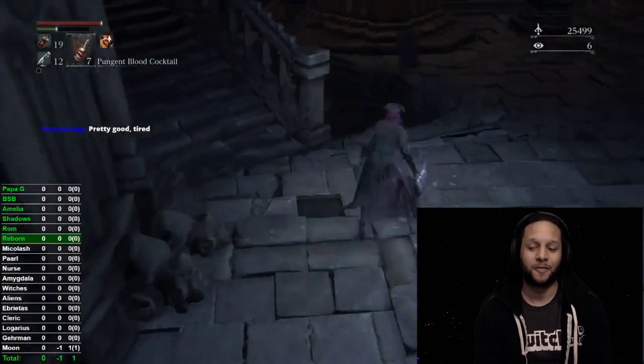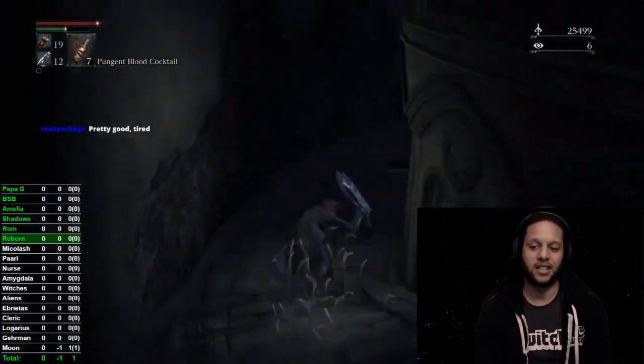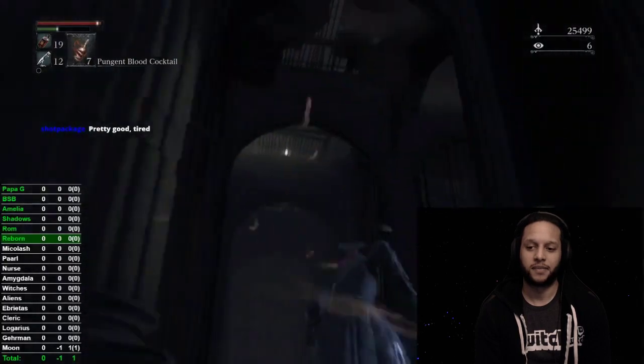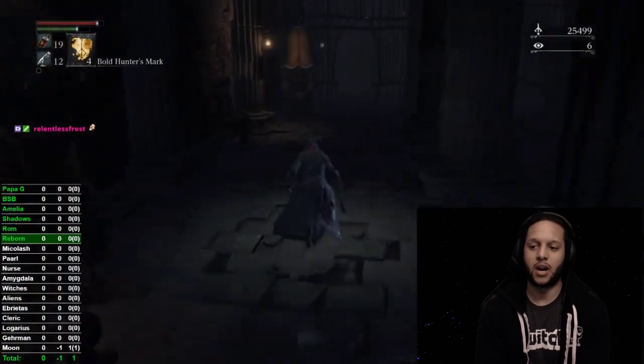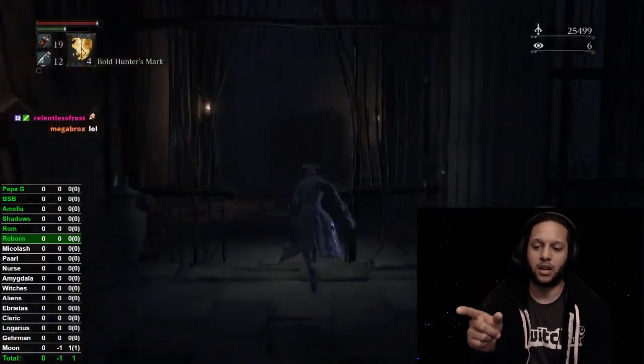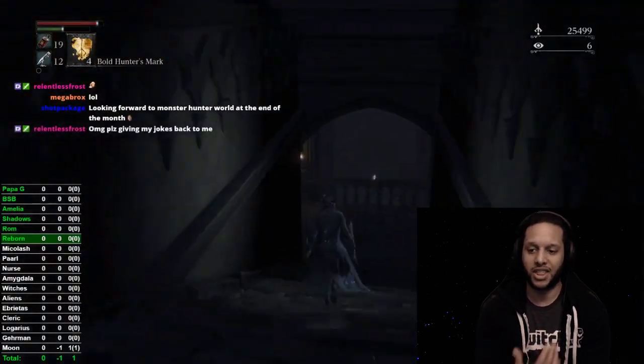So basically, you don't have to use the elixir to get the key because on the any percent, you're not going to get. Yeah, you're not getting the key. You'll have that elixir for this next part. Right. So basically, right now, what I'm doing is I'm getting more upgrade stuff. Throw a cocktail for that wolf. I grabbed this thick cold blood,